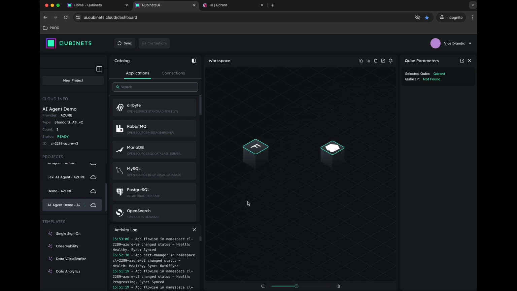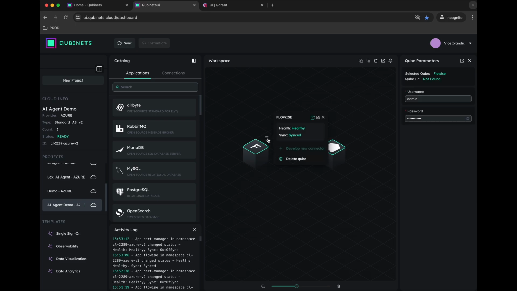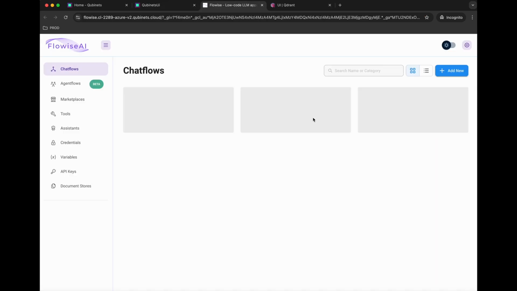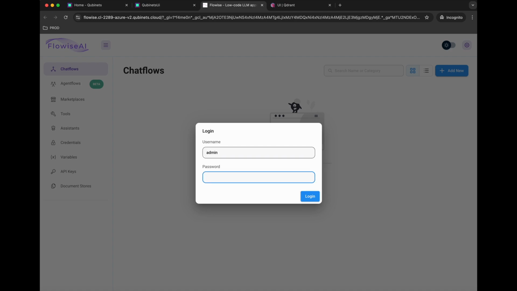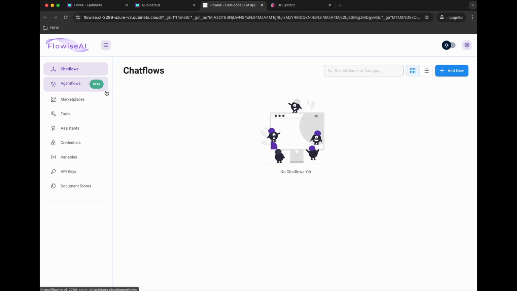As you can see now, Flowise has also turned green. It's been 14 minutes since we've started building out the cloud. So we've prepared the cloud and we deployed 2 applications. Let's connect to Flowise. We are going to open Flowise in the new tab. We need to log in with username and password. This is something that's been configured on Qubinets UI, and we can start out by building out an